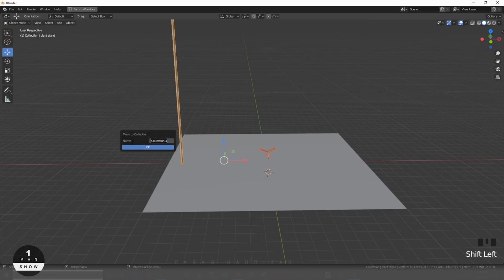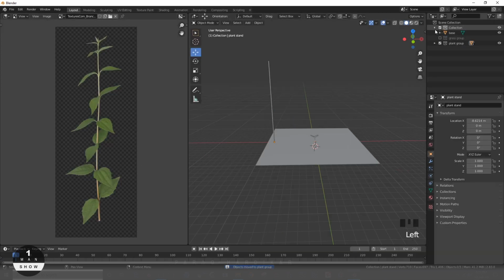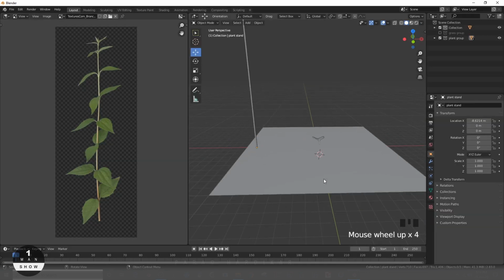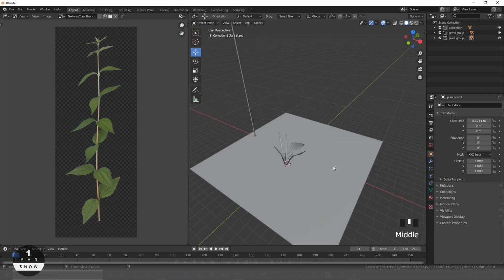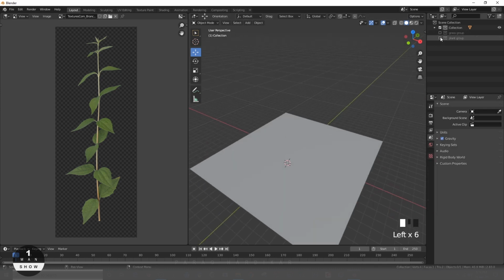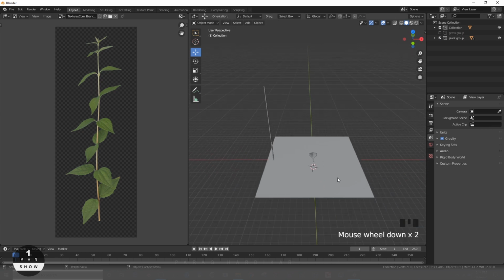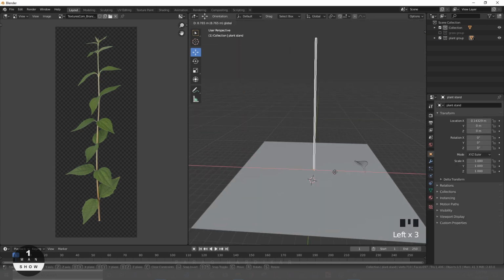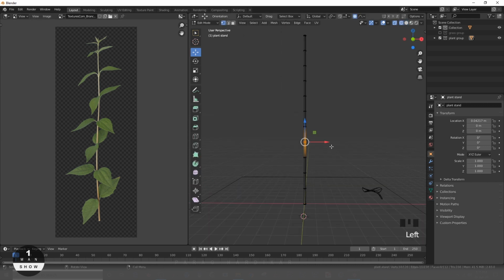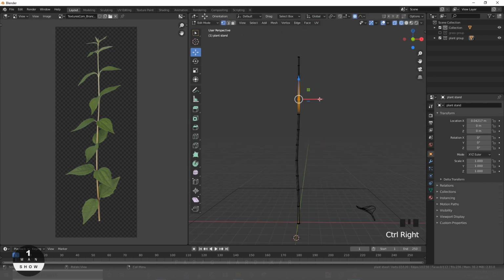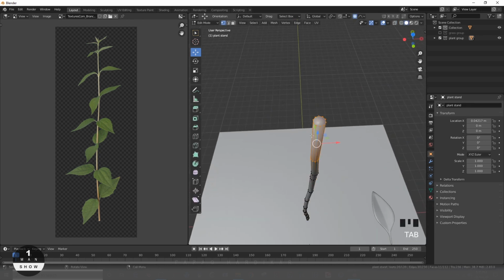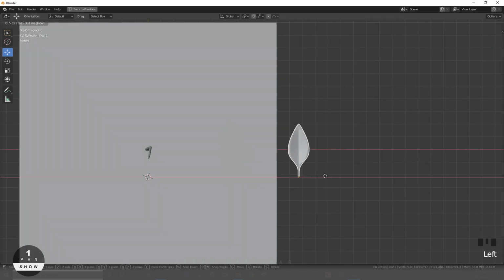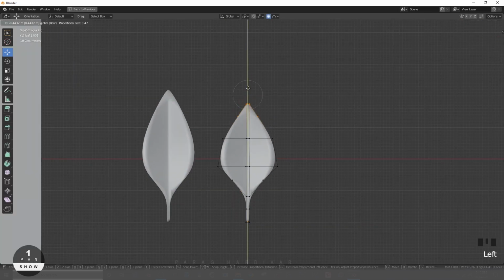I am creating a separate collection for plant. By the way, you can turn on, turn off objects. You can also select objects and groups from here. Here I am editing the shape of cylinder. Also I am gonna create some variations of leaf.